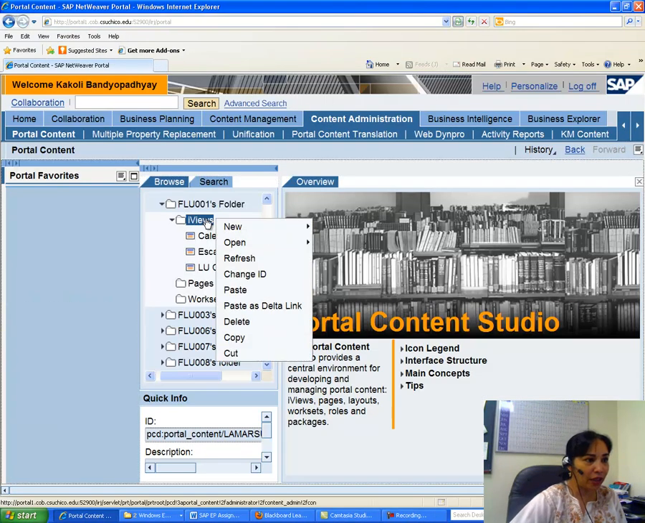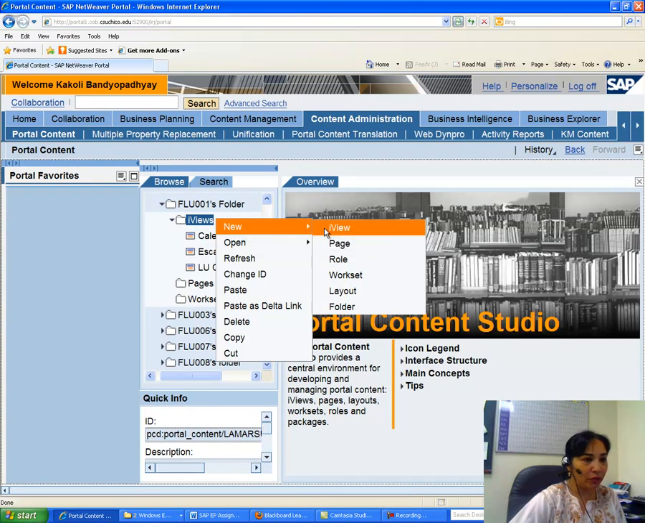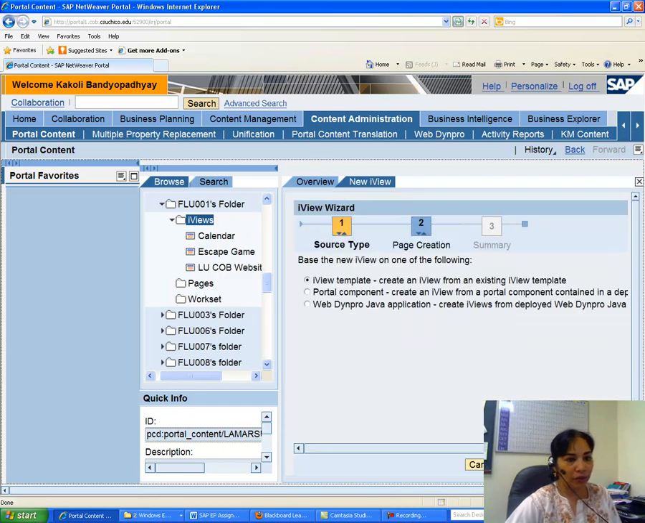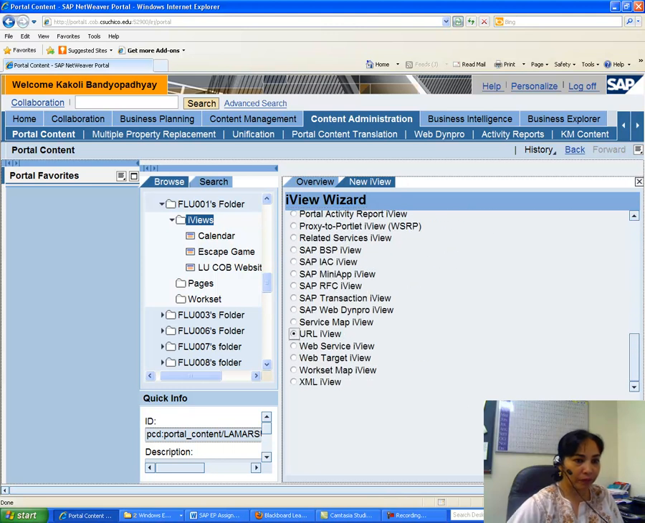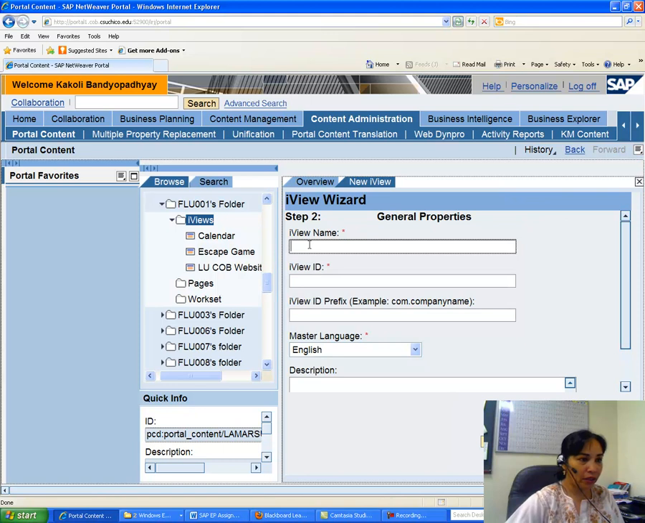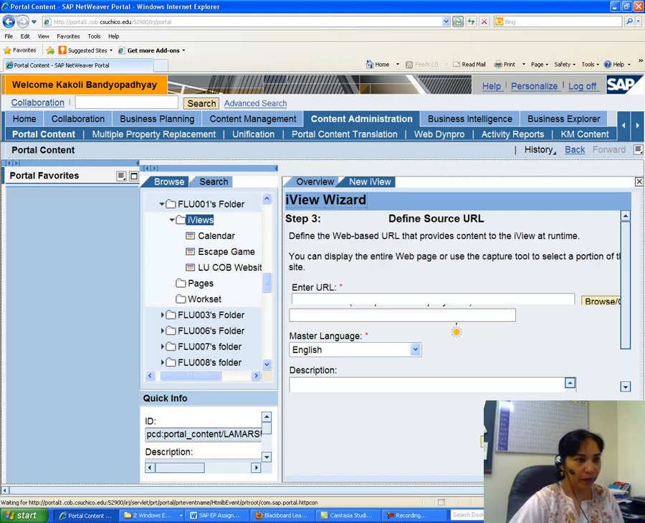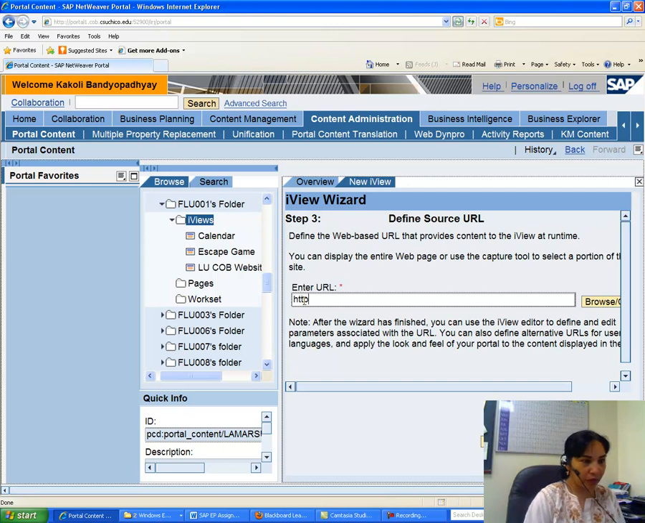Now I have to create another iView, which is a search iView. We will do the Bing. Okay, so I create another iView and choose the template. This is also a URL iView, and I call it Bing search. Okay, now again no caps and no space, URL HTTP, and then Bing www.bing.com/search. Next,